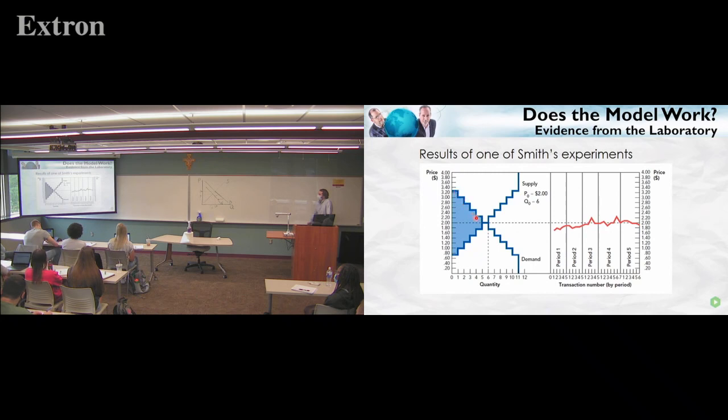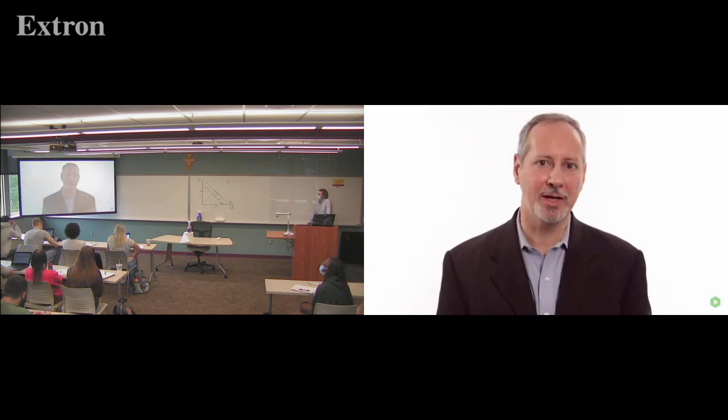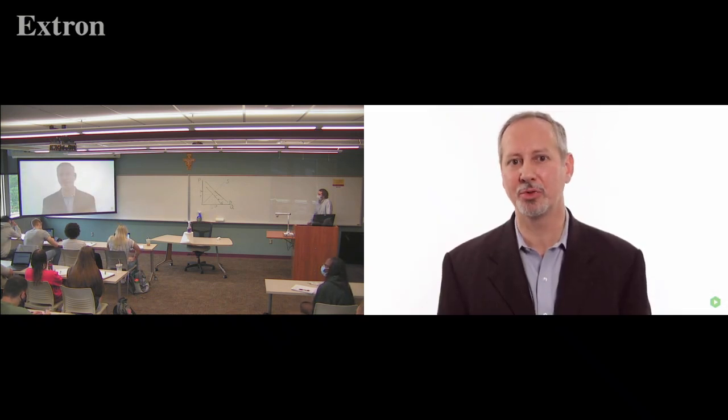The buyers with the highest values bought, and the sellers with the lowest costs sold. In short, almost all the gains from trade were exploited, leading to near maximum efficiency, exactly as predicted by the model. Another way to test a model is to examine its predictions about what happens when the demand or supply